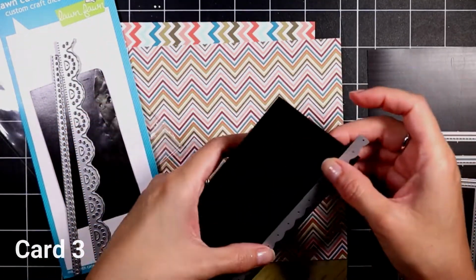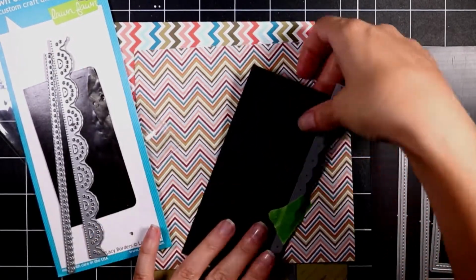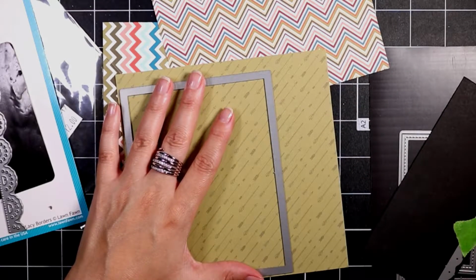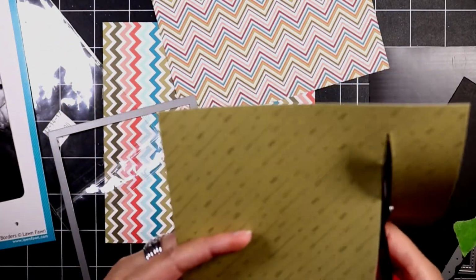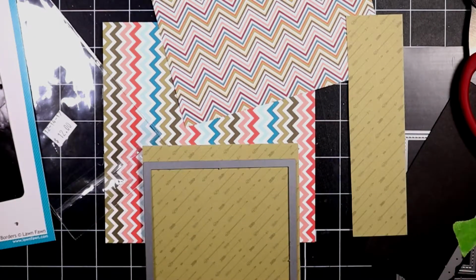Moving on to card number 3. For the third card, I'm using the sketch number 3, and I will be using collection number 4. I'm starting out with the sage pattern paper, and I trimmed that down just a bit. I'm using the Fawn stitched rectangle die